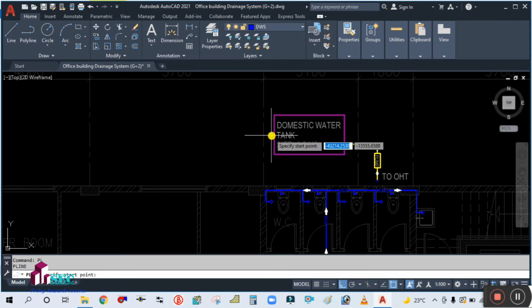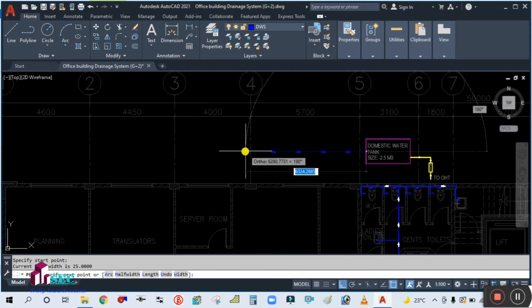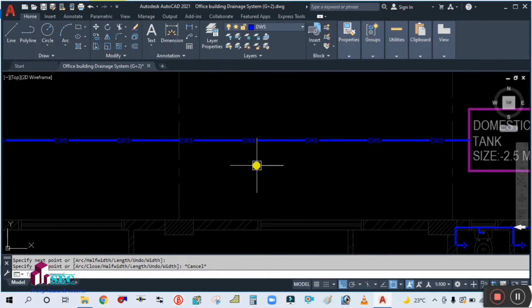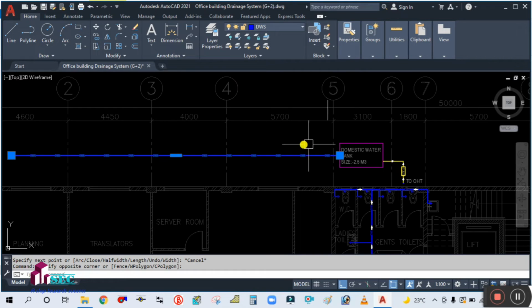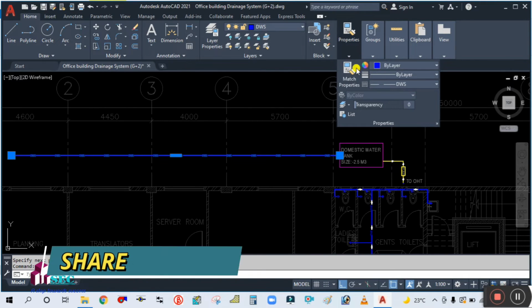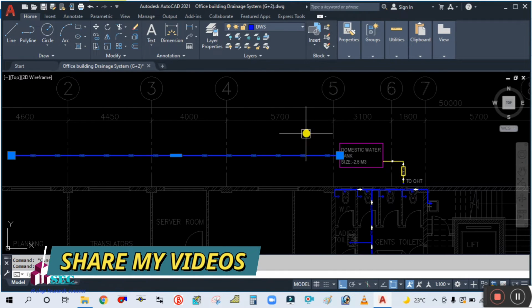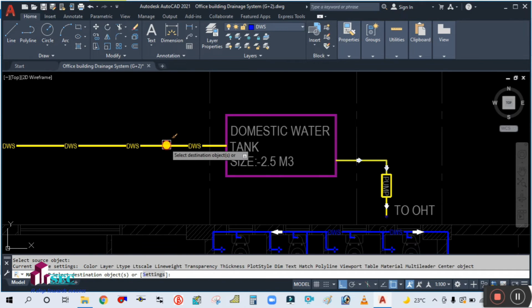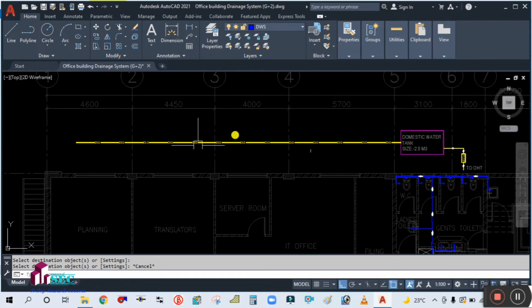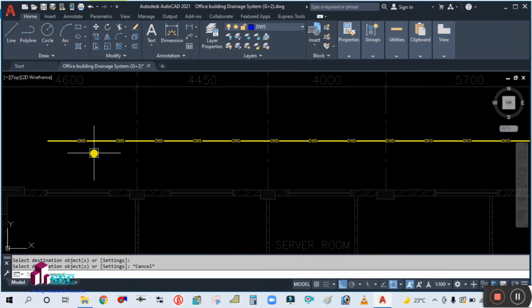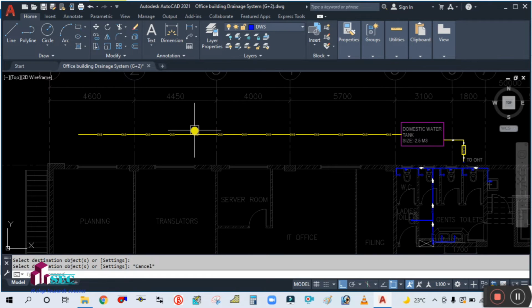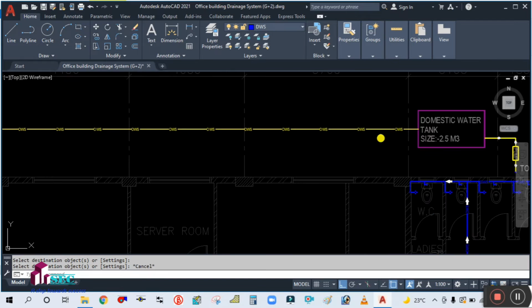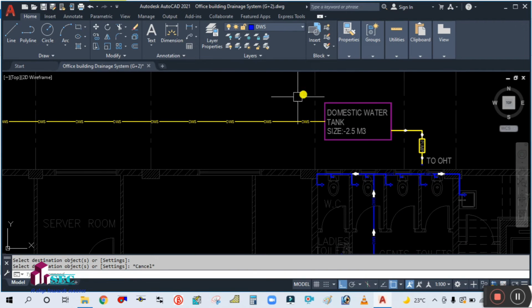Now we have to draw one main line from here like this. Okay, and simply select this one and change the color or use match properties. Select this one. So this water coming from municipality. Okay, you have to show the direction as well. This water coming from municipality and going to this